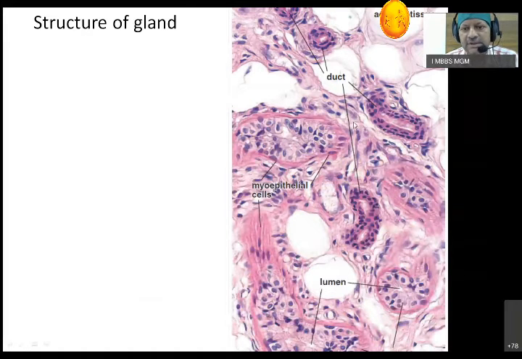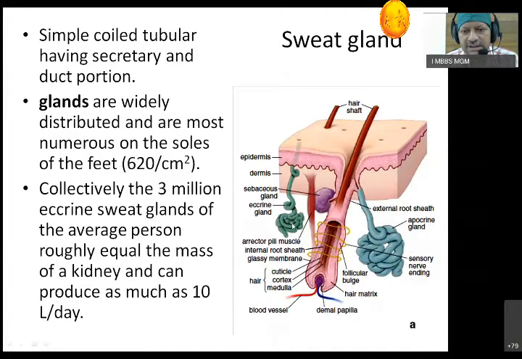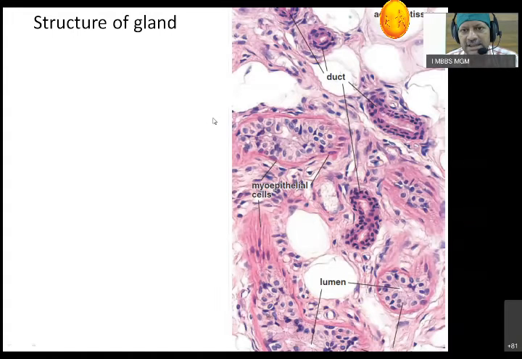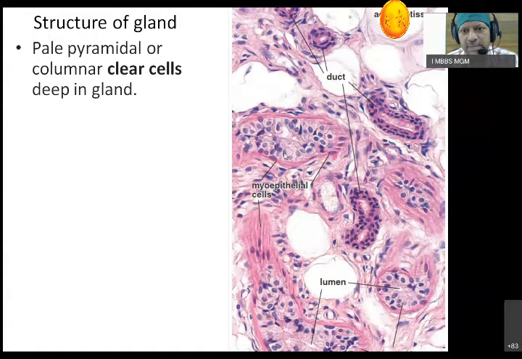Structure of the sweat gland: if you take a section of the sweat gland, these coil structures in the section appear as small coils. So this is how I can see a small lumen under the histological section. And then in this way, I will see the cells. There are two different types of cells. One is pale cells, which have major secretion of fluid or electrolytes. We have to remember these pale cells are not connecting to the lumen. They are below the lumen. That is what we have to remember.